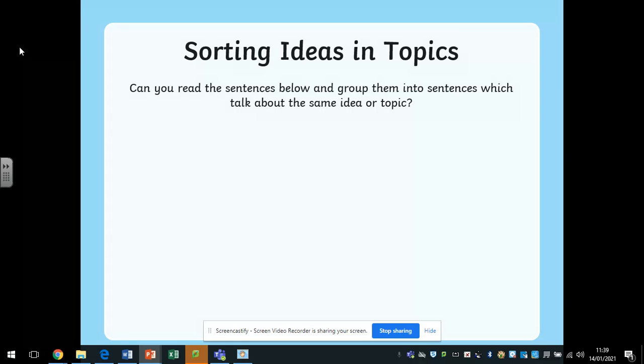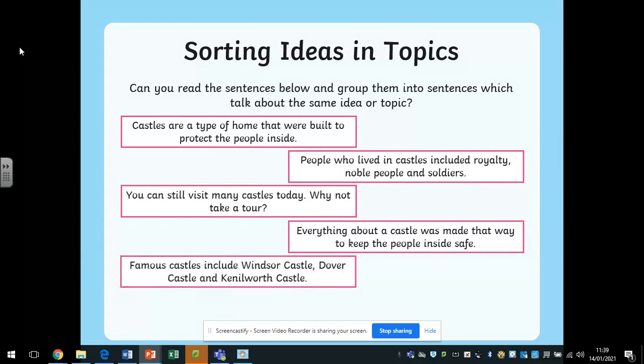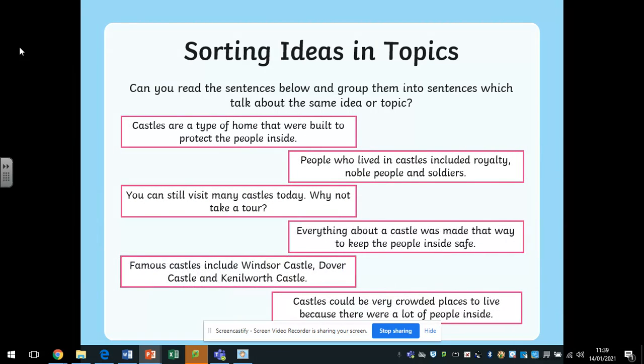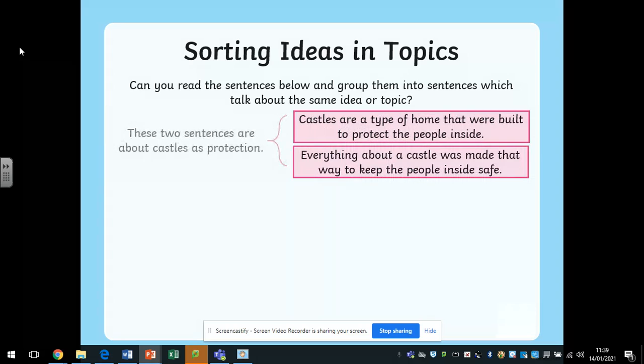Can you read the sentences below and group them into sentences which talk about the same idea or topic? So have a look at these, please, and think about which ones of these should go together and which ones shouldn't. Okay, can you read the sentences below and group them into sentences which talk about the same idea and topic? So it's the same thing here, right? These two